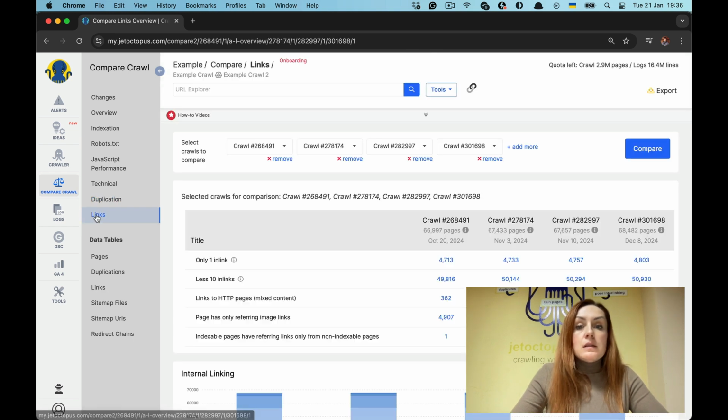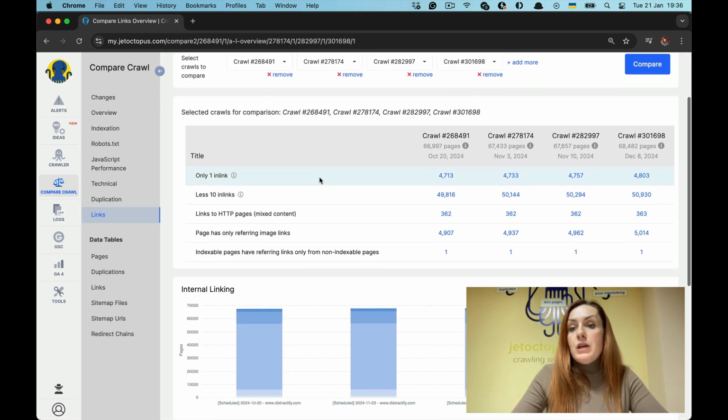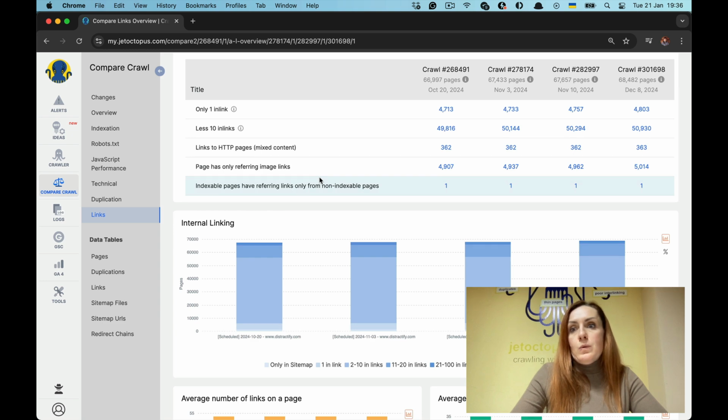Then links section, to check again if there were some optimizations, or maybe something changed even after the recent product update by accident. And we remember that the interlinking is very impactful, and if some of the pages just became orphaned, and it is a big part of the pages, it is important to find out and to fix right